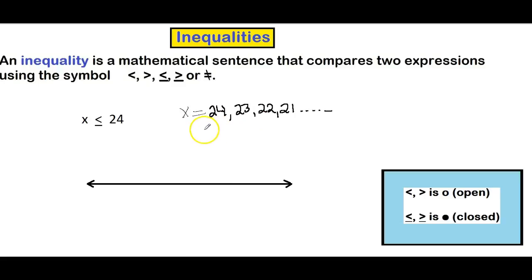Okay, so now how are we going to graph this on the number line? Again, you get a blank number line and you decide where you're going to start and where you're going to draw your tick marks and how you want to label your line, just as long as it makes sense, your number line. So, being that we're in a large number, 24, maybe I'll just start with